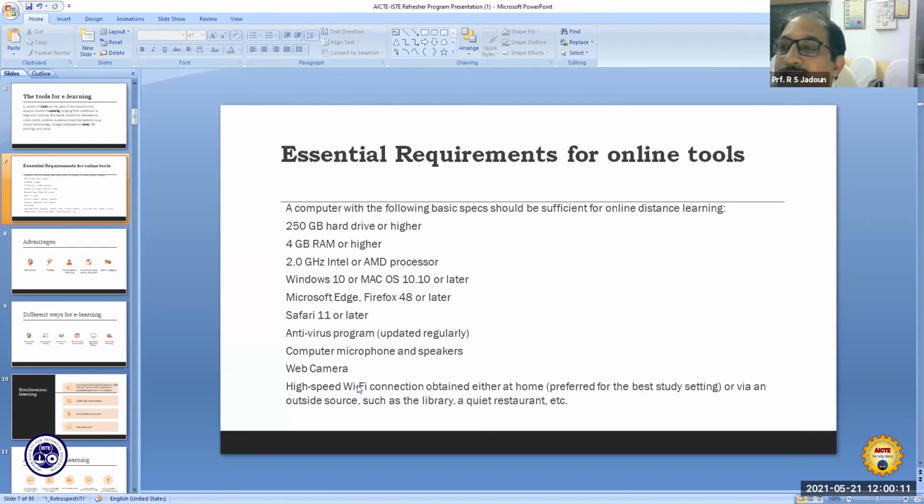It may be a computer, a mobile device, a tablet or any other, but it should have certain specifications so that it could be more effective. Then you need a web camera and a high speed internet or Wi-Fi system. Through this, you can connect to your audience.